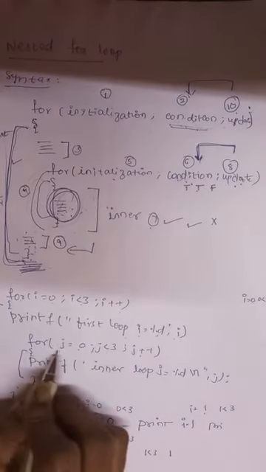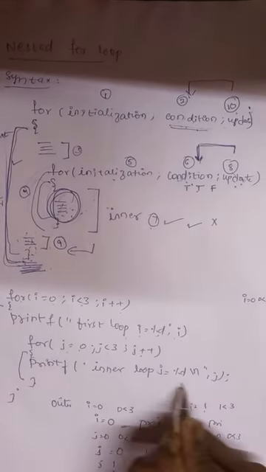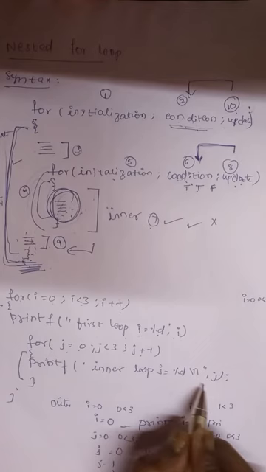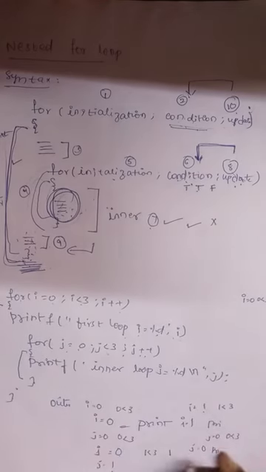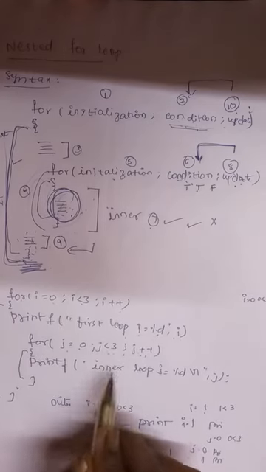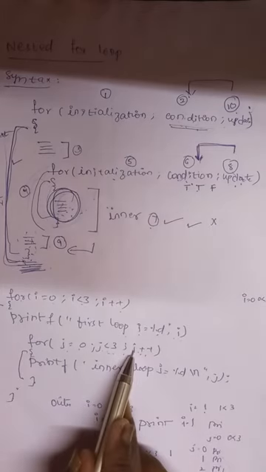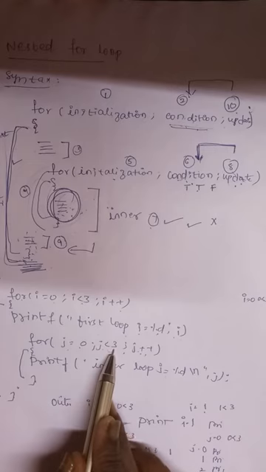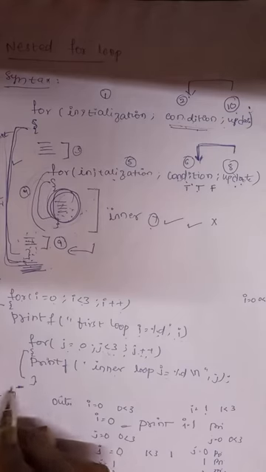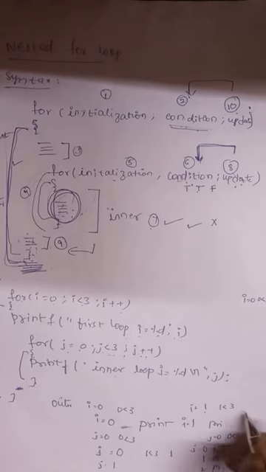Now initially again, j equals 0, 0 less than 3. Again inner loop, j equals 0 is printed. j will become 1, 1 less than 3, so j as 1 is also printed. Next j will become 2, 2 less than 3, inner loop will be executed, j is printed as 2. Next j becomes 3, 3 less than 3, so the condition is false and control comes out of the for loop. Do we have any statements over here? No. So the value of i will be updated.